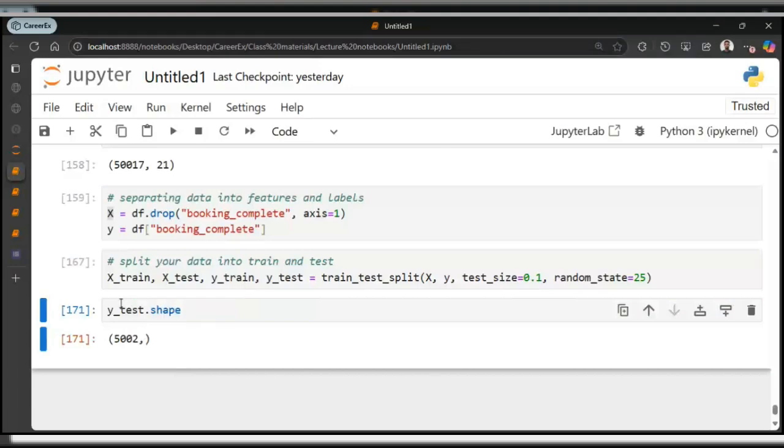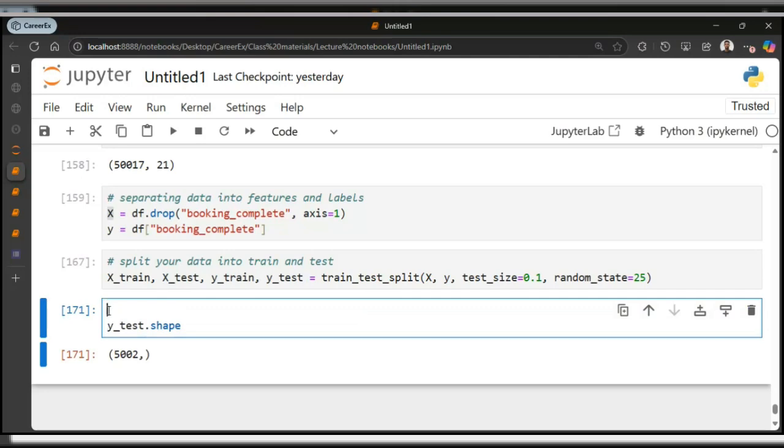So you can confirm the shapes of the split of the new data set.